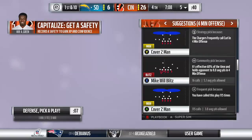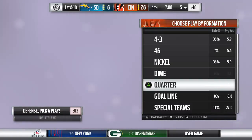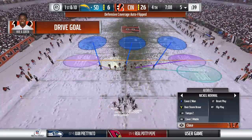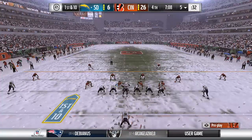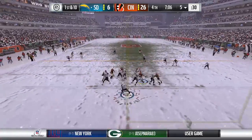Now the Chargers offensive unit ready to see what they can do here. And this offense last time turned it over, went for it on 4th, didn't get it. They're lucky, though, because no points against the team on the board, but we'll see how they respond. Yeah, they've got to get a lot of credit to their defensive teammates, don't they? They had their backs on that last series, and because they did so, that allowed...